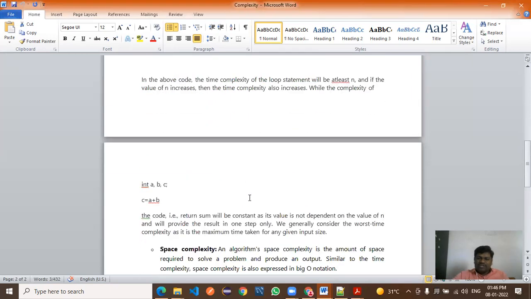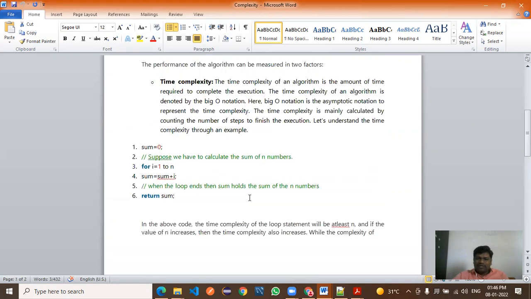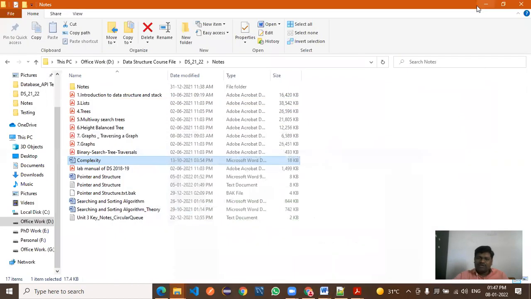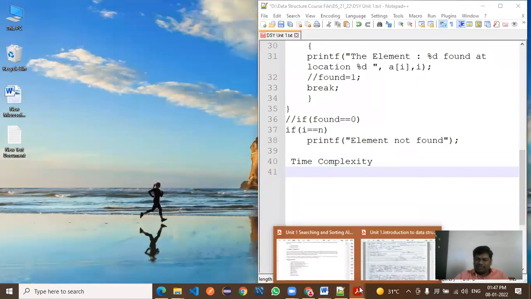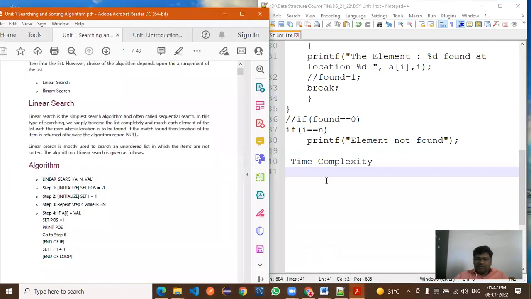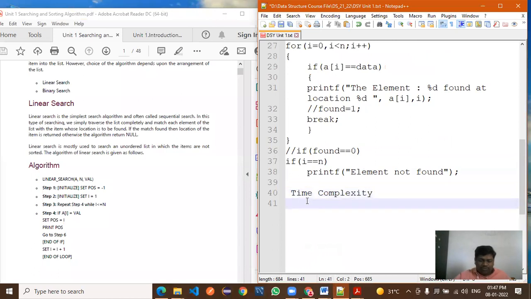Now time complexity, how you are calculating the time complexity? Time complexity we are calculating as best case, worst case, and average case, right? So that we will discuss here. Now all of you have got the concept of time complexity. So a little bit of introduction I have given here. Now you got the concept of time complexity. Yes or no? So best complexity we'll discuss first.